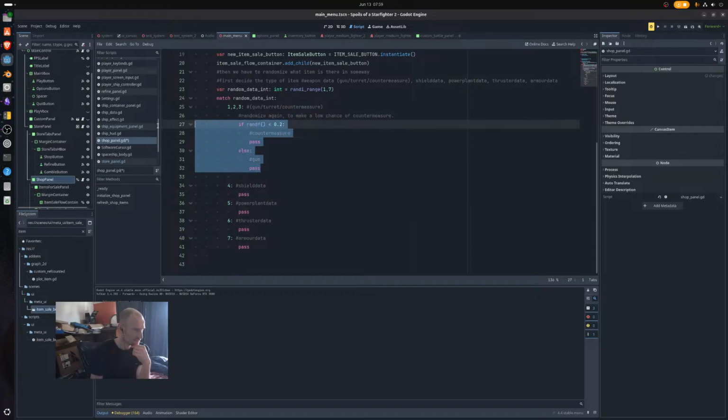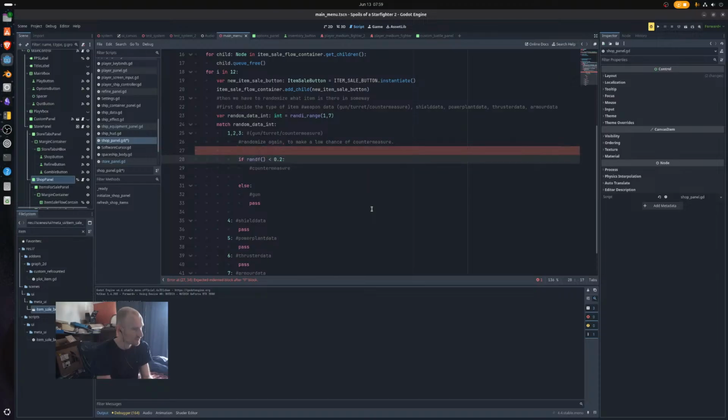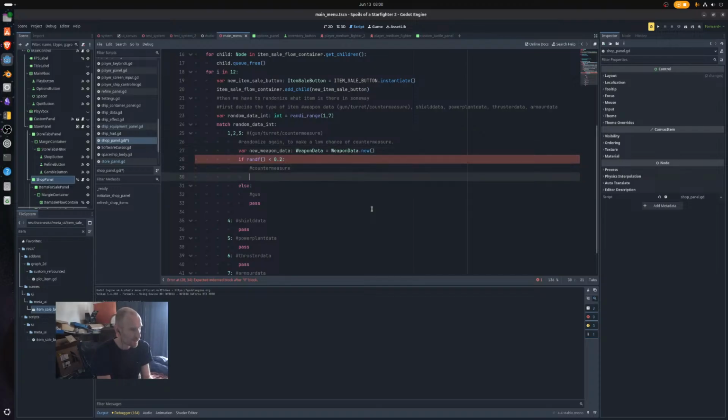If randef, and then we got, okay, so create your countermeasure and then create a, well, either way, I suppose you're going to create a new gun data, something, data, and it is a weapon data, and it equals weapon data dot new, and then if